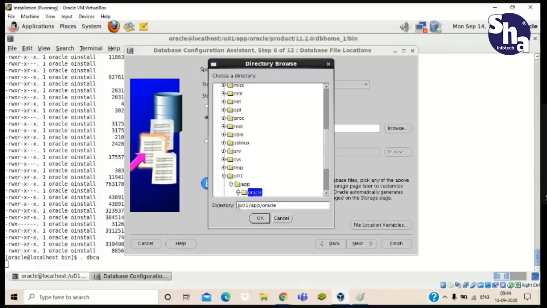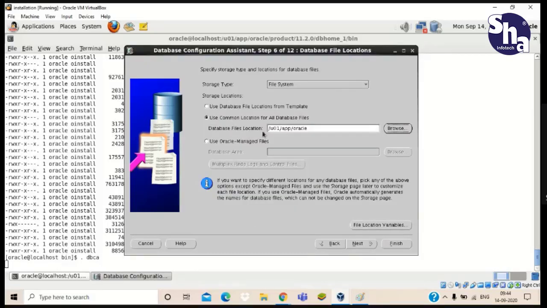You can see I have selected u01 app oracle here. Clear? Just click on OK. Our database file location will be in the u01 app oracle location, our Oracle base location. In our Oracle base location, all the files related to the database will be present. Click on next.